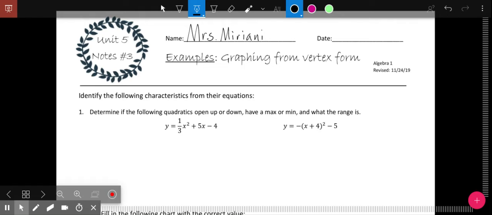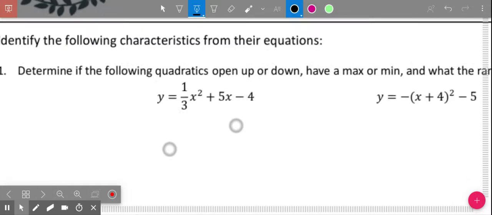So now we're going to be looking at a few examples that talk about graphing from vertex form. The first one, though, is a little bit of review. It says determine if the following quadratics open up or down, have a max or min, and what the range is. Okay, so looking at this first one,